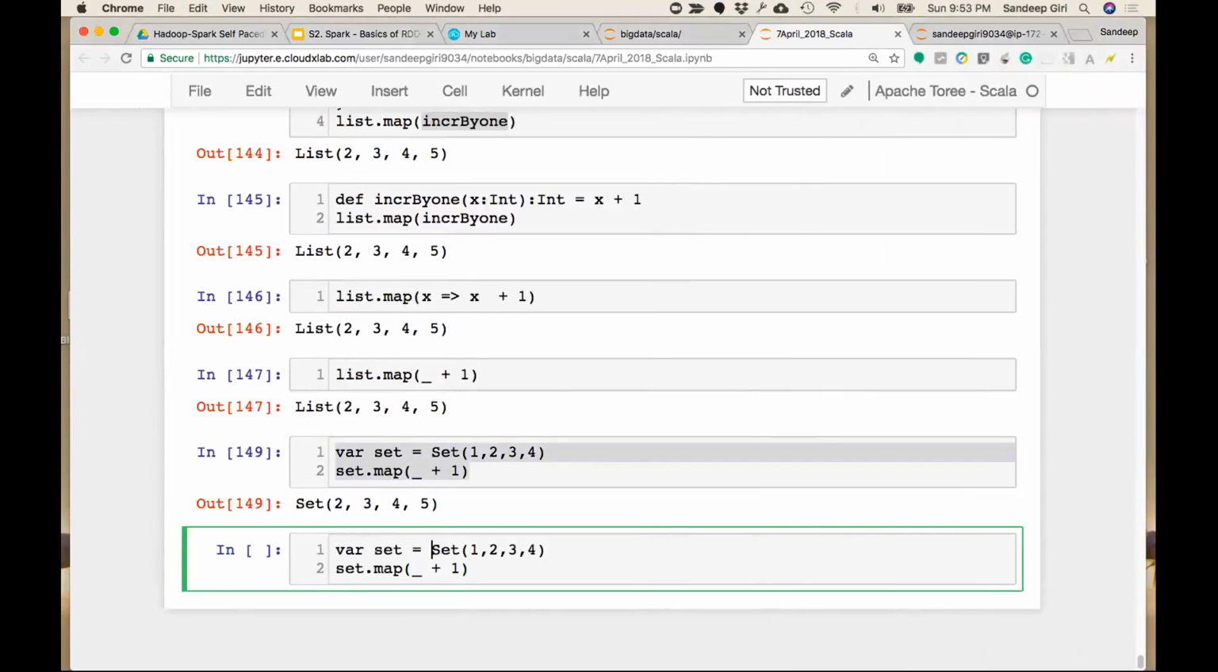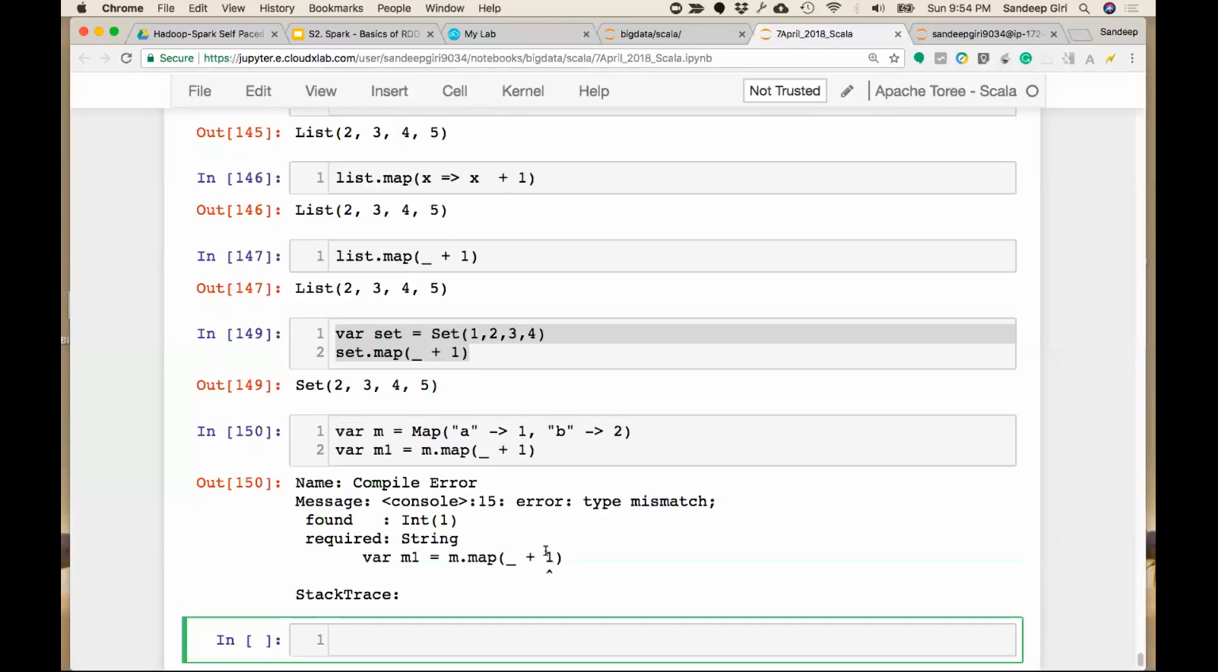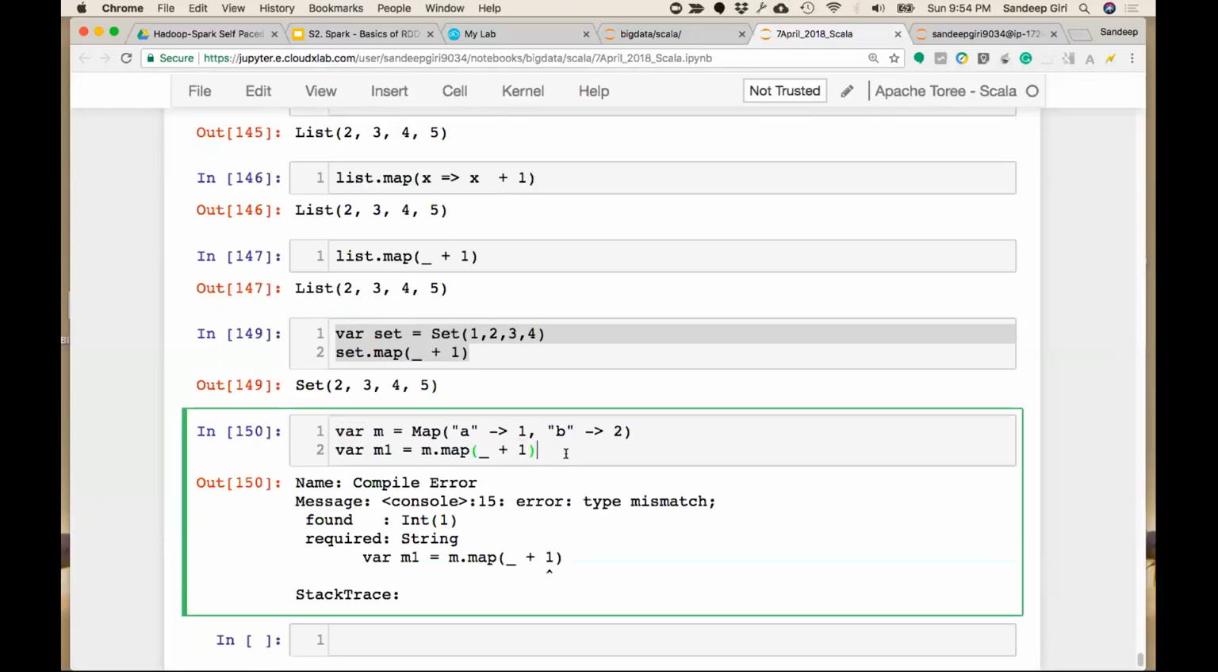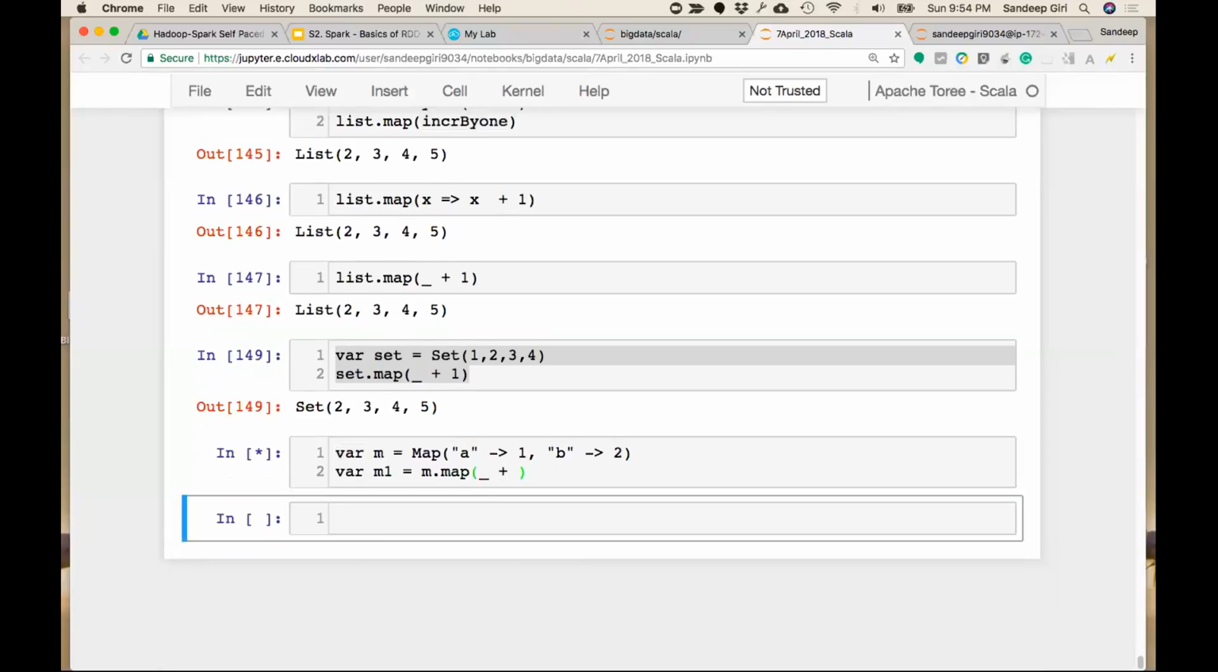Okay, let's say this was a map, right? And let me just show you this. M equals map of, say, A equals 1 and B equals 2. So if we call something like this, it is right. Okay, it says that we cannot append 1 to this. So why? Because this one is